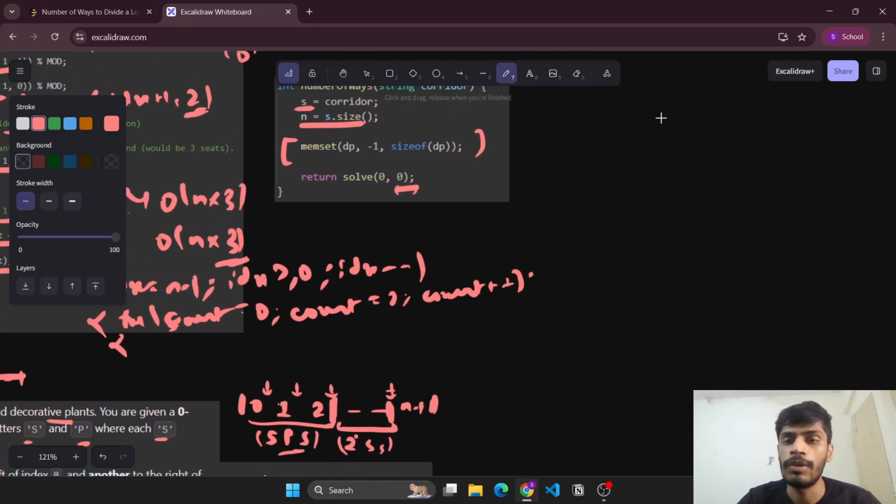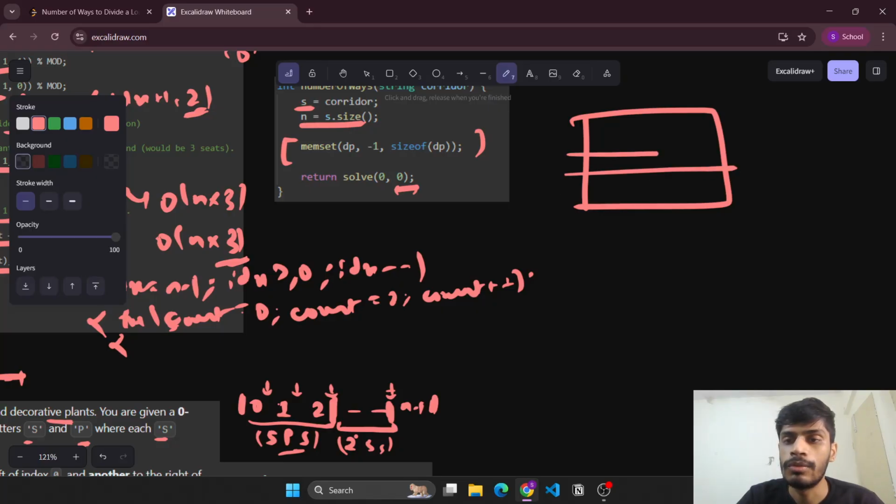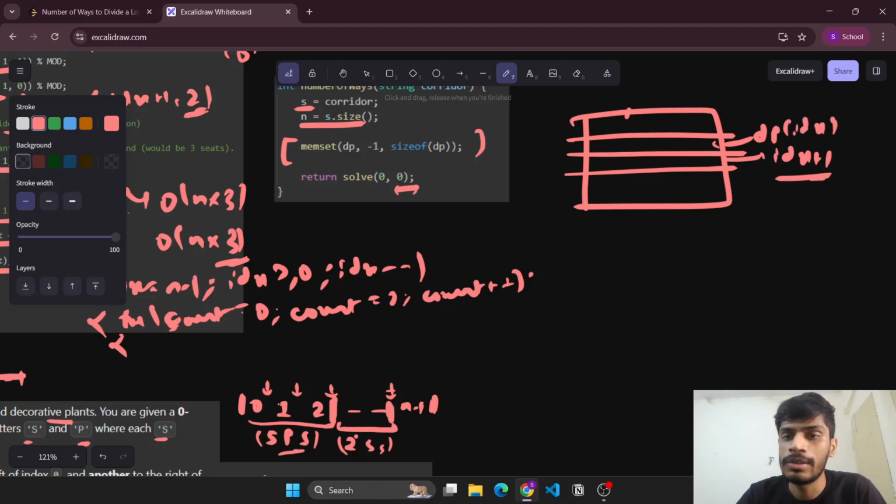That means if we have this was index plus 1, so the result for dp of index is only dependent on dp of index plus 1, and these are only three values, 0, 1 and 2. Hence instead of maintaining the entire dp of size n cross 3, we can only maintain these three values: for 0 count, for 1 count, and for 2 count, and then we'll be able to calculate the result